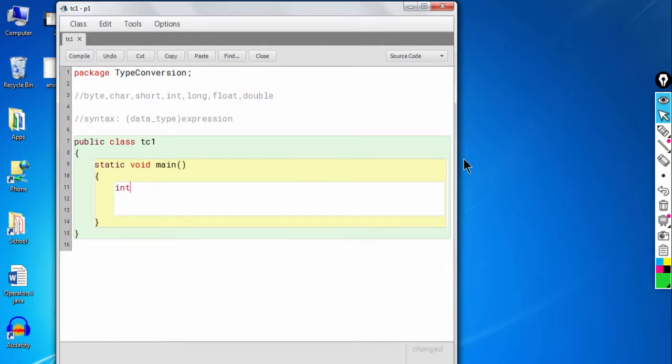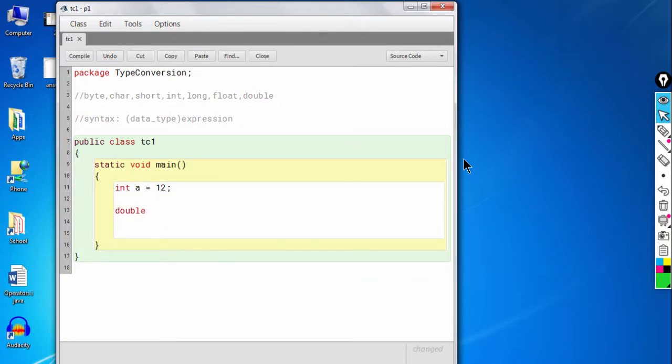When I say int a is equal to 12, let's say, and then I write double b is equal to a into a, okay.